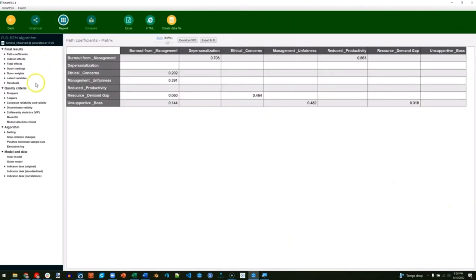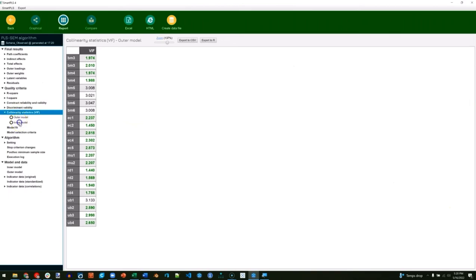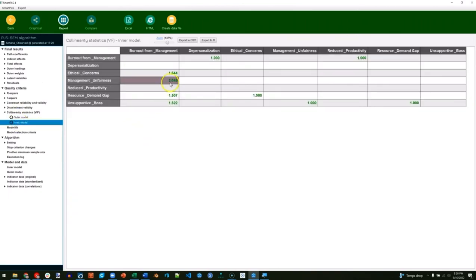We go to report, look at collinearity diagnostics here, and inner model. And it's not much different. 2.045, maybe it's a little bit lower. But that is roughly how you'd go about separating those. And that's it. That's how